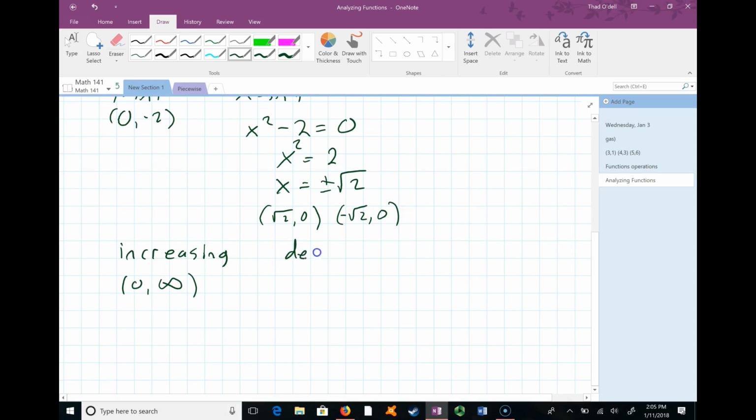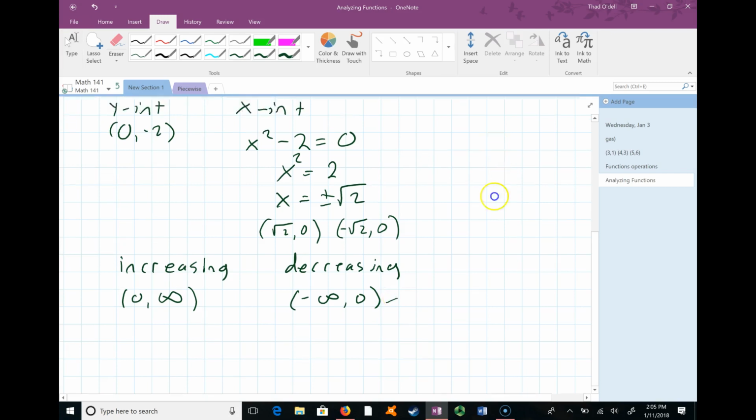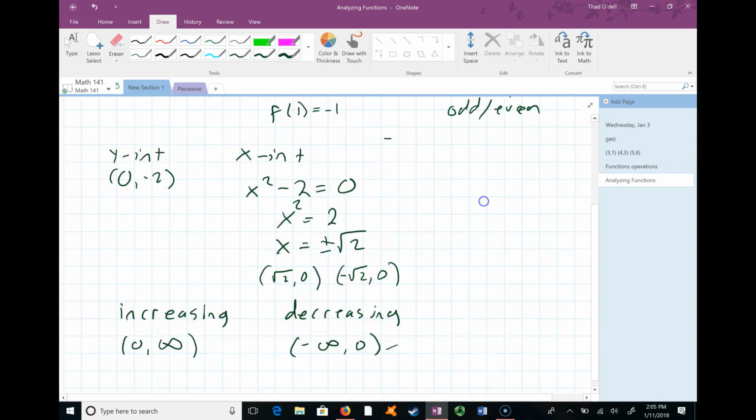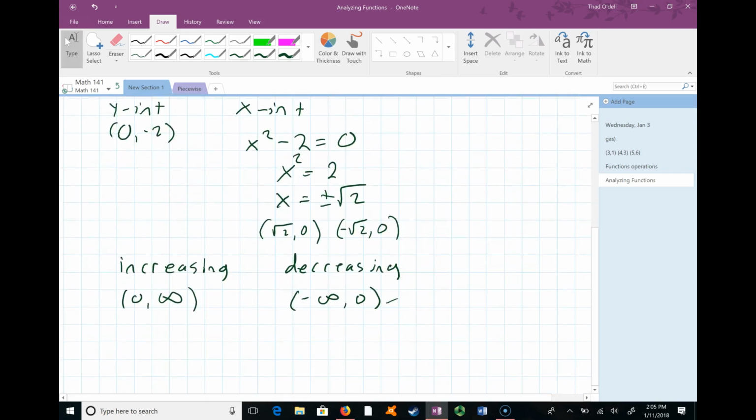And it's decreasing from negative infinity to 0. You can see in this case I'm describing the green, and in that case I'm describing the pink, or whatever that color is. Okay? Now if we wanted to get a little bit more detail about the increase and decreasing,